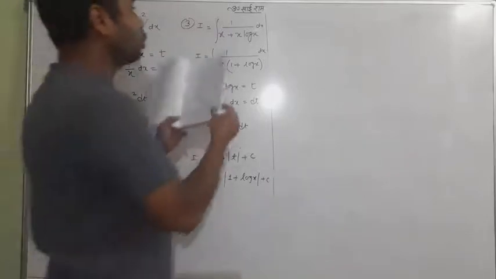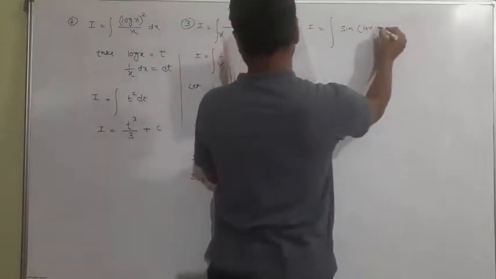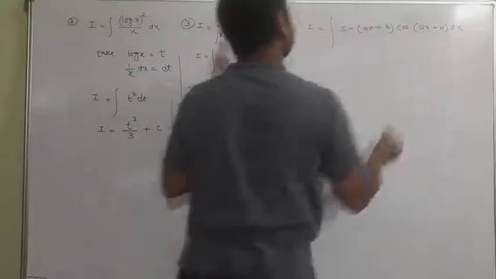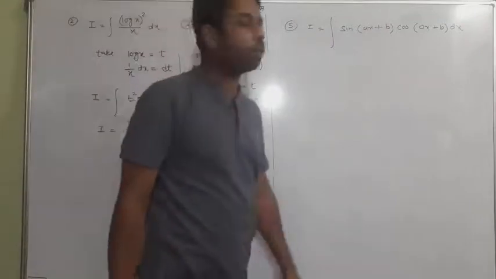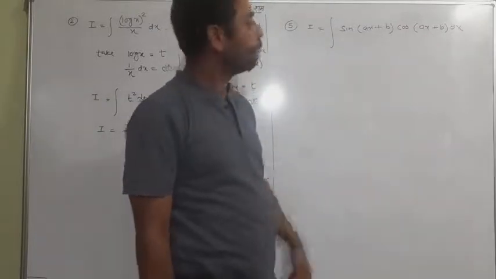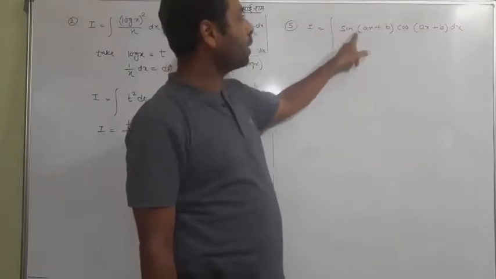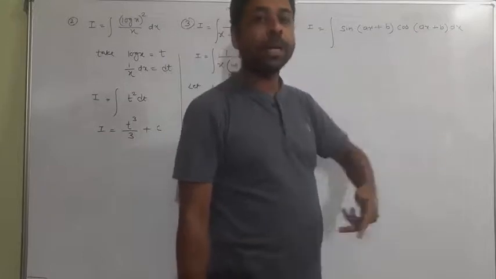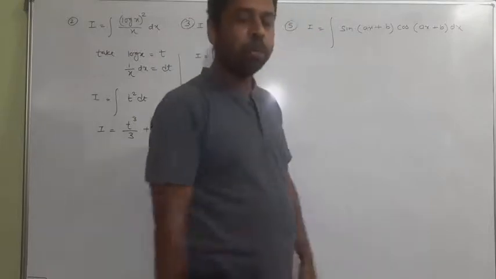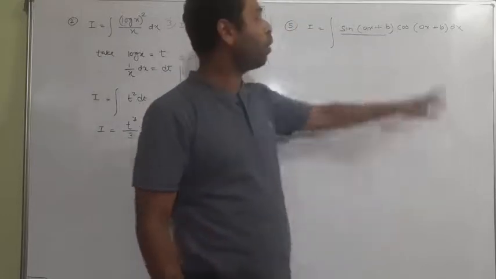Now I want to take some more questions like that. Suppose we have a question, integral of sine of ax plus b times cos of ax plus b dx. Look at the question. We have sine and cos, two functions. So we actually have two methods for this question. You can also multiply and divide by 2. It's going to be 2 sine a cos a. You can write sine 2a and then it will be simple. But right now I'm telling you the substitution method. So I would simply say that it is a function sine of ax plus b whose differentiation will be cos.